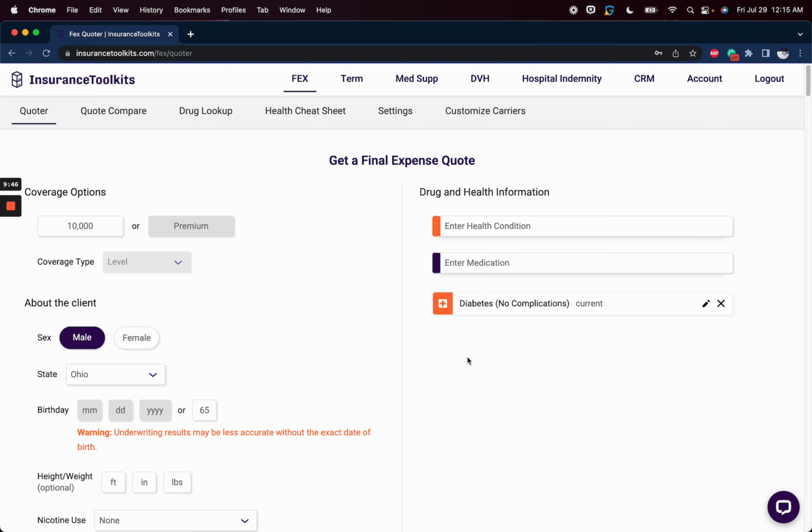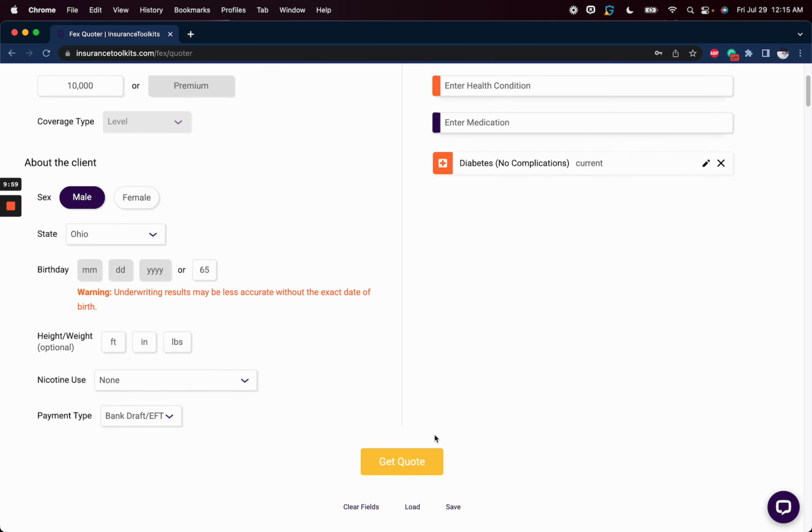So when you see that I enter a health condition here, you'll see the coverage type box grays out. When you enter a health condition or a medication, the system will show every carrier's best available option for the product that you have turned on, even the guaranteed issues. So in this case, if I run this quote,